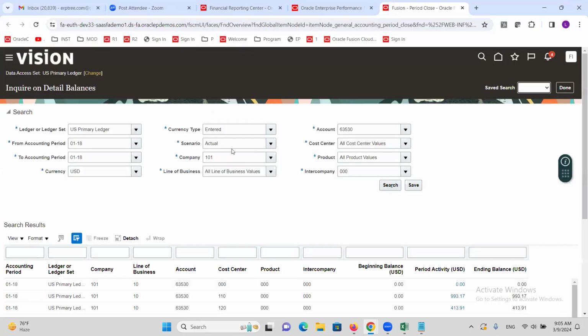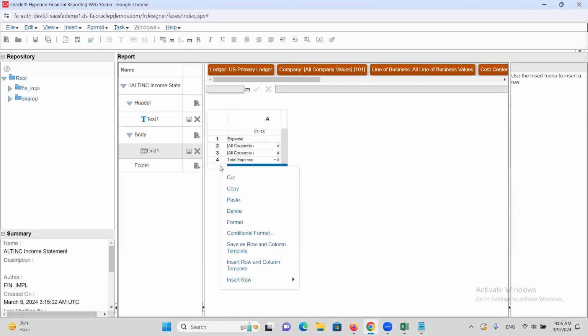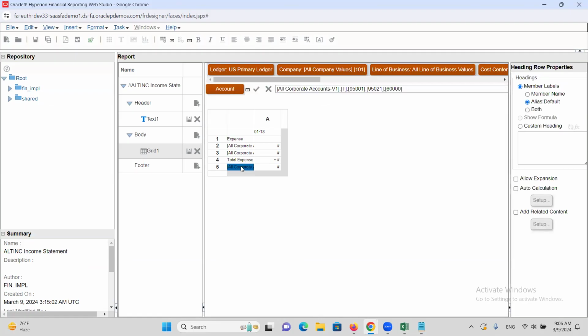Now what we want to do is add one more row for revenue also. Select the fifth one, right click, insert row, select data. It added all corporate accounts. Now select this cell, the fifth one. We have to select whatever accounts we require. You select it, click on account,